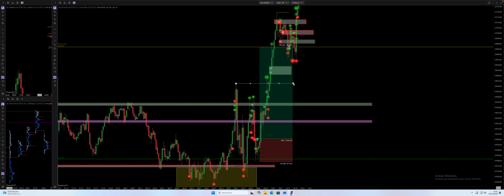I took one partial here at this high to secure some profit, and I was right, because you can see these big buyers with 223 contracts, and this one with 85, were absorbed, and we came back all the way down here. But here I saw this pattern a second time, absorption of the sellers, aggressive buyers here, and we continued